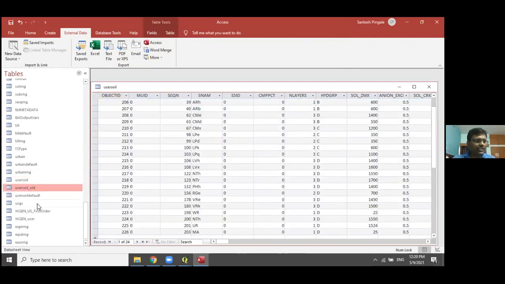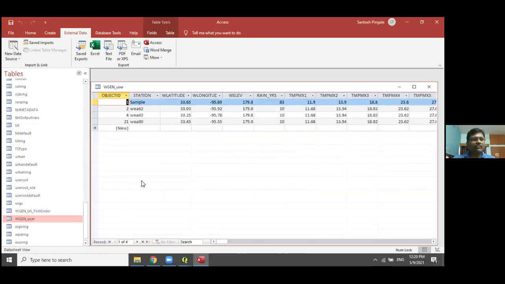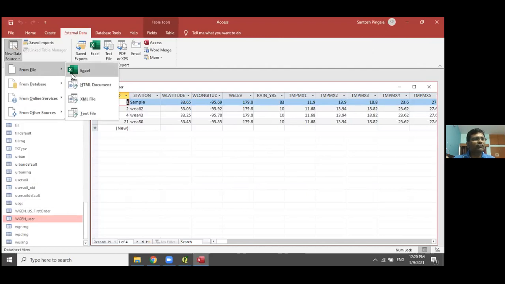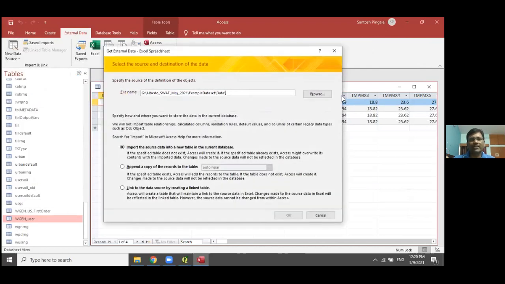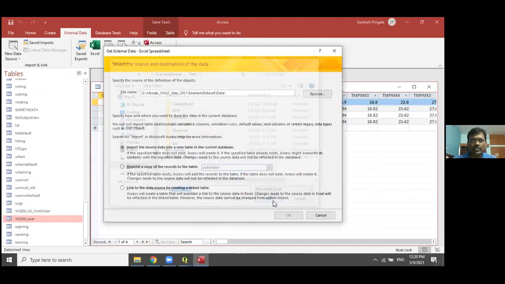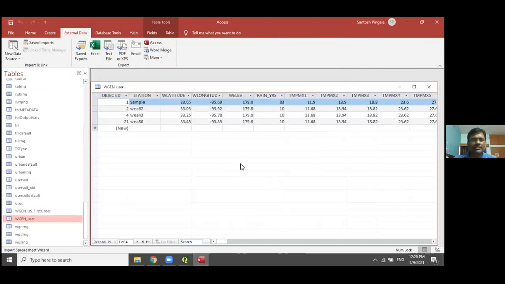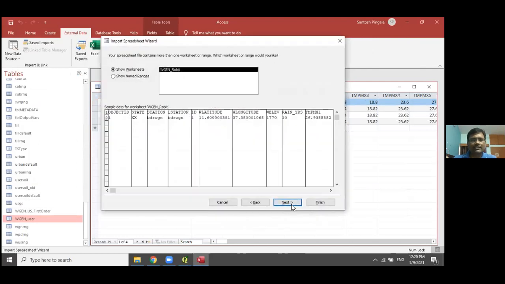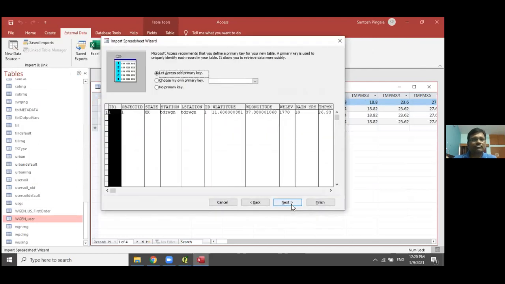Then the next one is the weather generator. This is the weather generator file. You can simply go to external data, new file, and from file you can import it. There are many options, and you can add in that also. This is the wgen Robit file, so I will extract it.